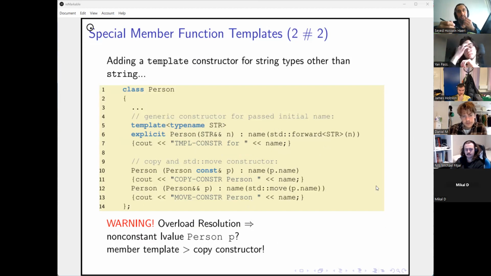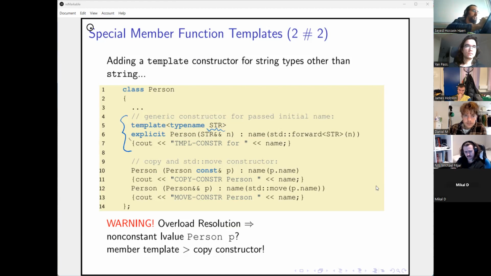Constructors are also like the other functions. They can be type parameterized. So now we have a fifth constructor, which is parameterized by a type that we are going to refer to in this constructor by using str.